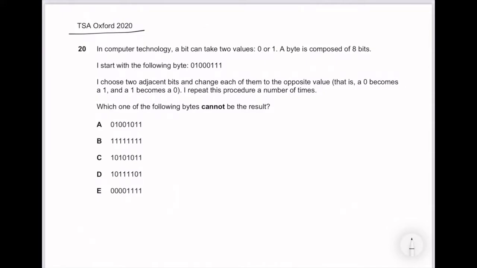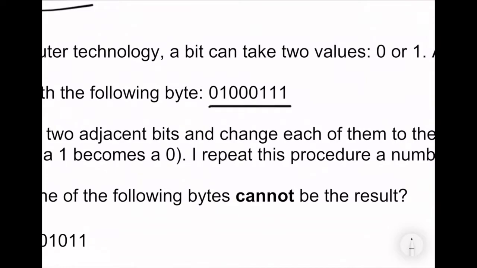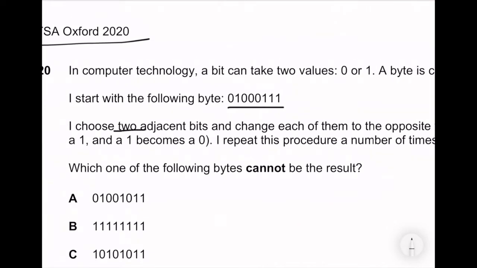Okay, so on the TSA Oxford, there are sometimes questions where it might seem like it requires a bit of prerequisite information. You might think, I really need to know how computers work, or how binary code works, or how bits are programmed. But in this case, it's giving you superfluous information. It's talking about computer technology and telling you what bits and bytes are. That's not too important. All we need to know is that he's going to take these 8 numbers and flip two adjacent numbers at a time,